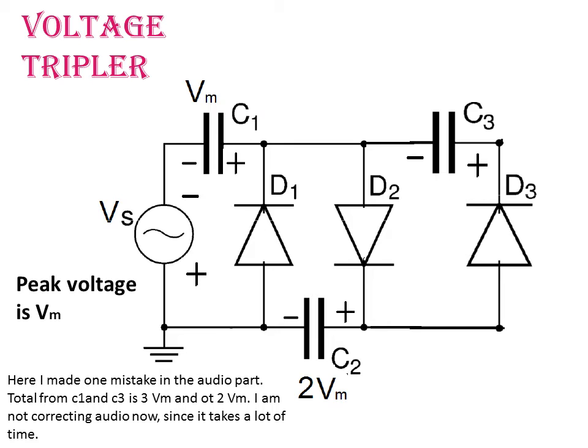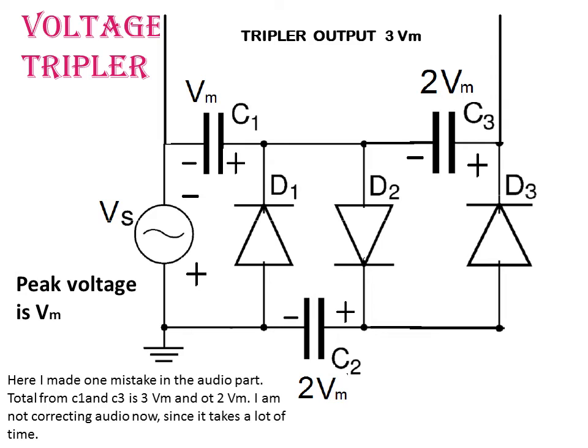So the potential to which C3 will be raised is the voltage across C2, which is 2 Vm. So this is the voltage to which C3 will be raised after it gets fully charged. And now if you examine C1 and C3, both are acting like batteries. C1 has got Vm voltage and C3 has got 2 Vm voltage, and they two are connected in series. Therefore the net voltage available across a combination of C1 and C3 is 2 Vm, and therefore we take the tripler output across the negative plate of C1 and positive plate of C3, and it will give you 3 Vm.